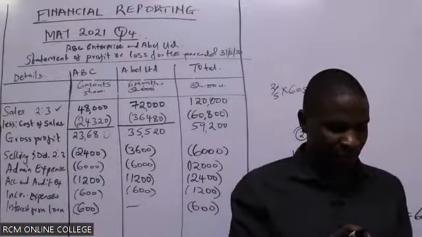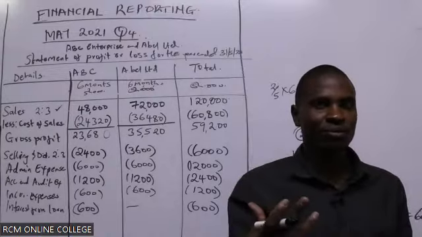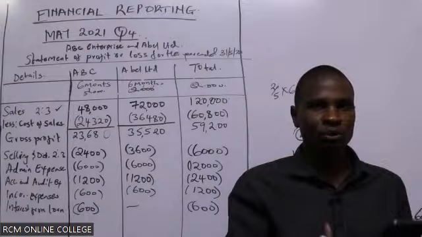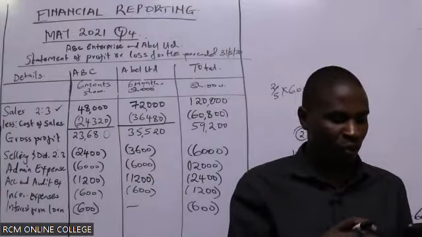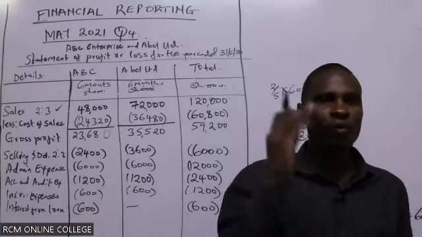Any other expense? Anything that we write off, bad debts written off, goodwill written off. There was a goodwill that was written off, but now I want you to tell me: are we going to